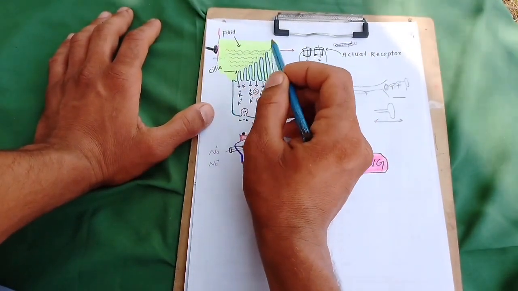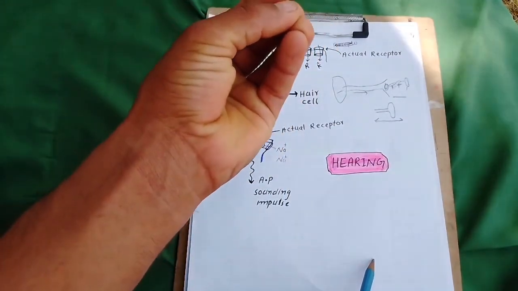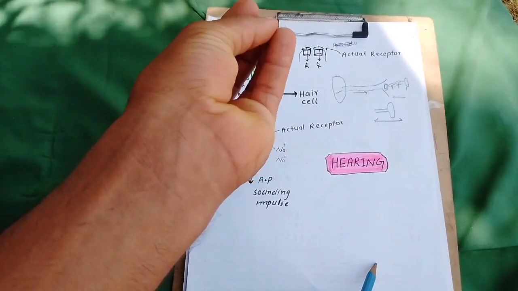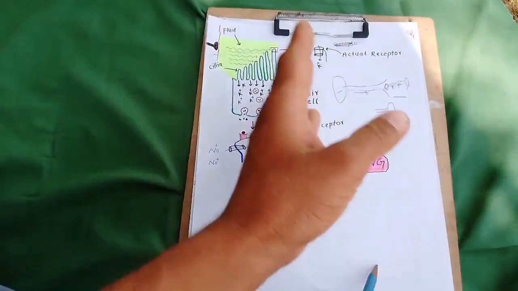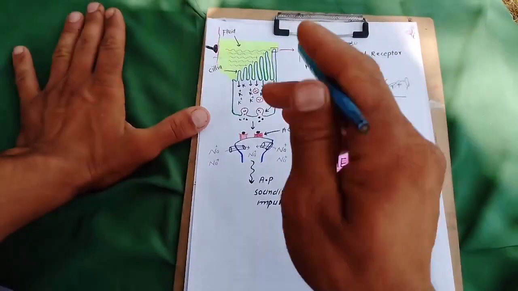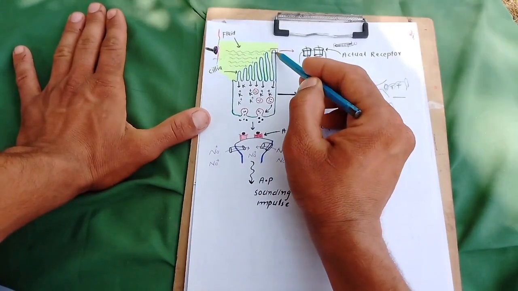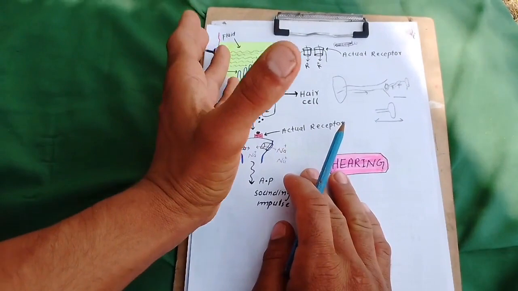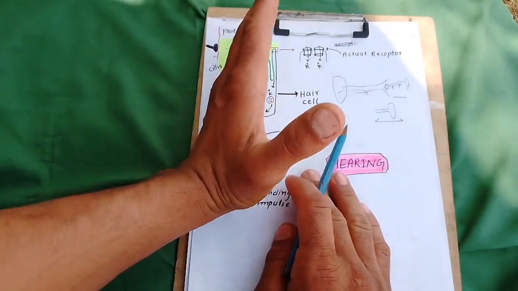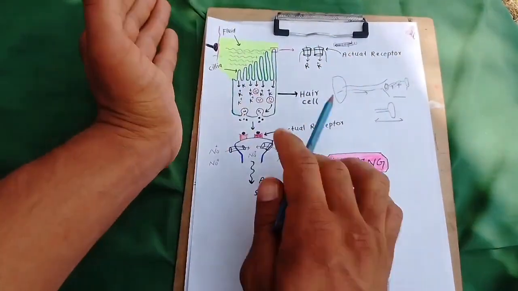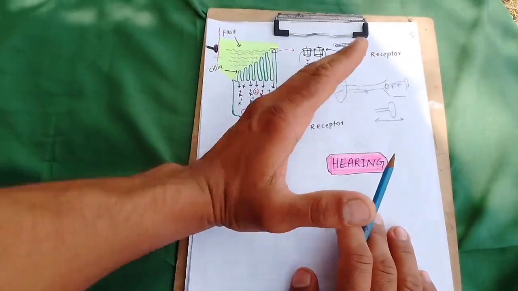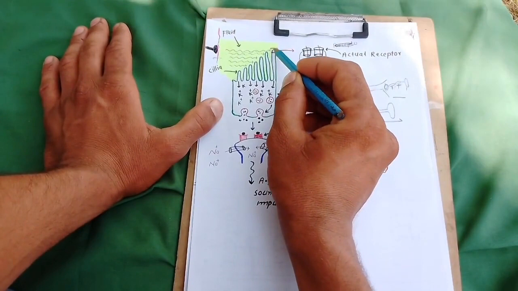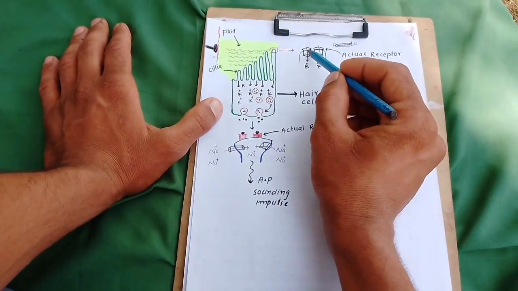When vibration comes, actually this is the mechanoreceptor, because it responds to vibration, to mechanical stimuli. So when the sound comes here, the fluid moves in the forward direction. As a result, these cilia bend in the forward direction. When the cilia bend in the forward direction, when I zoom into this area, only this part of the cilia,